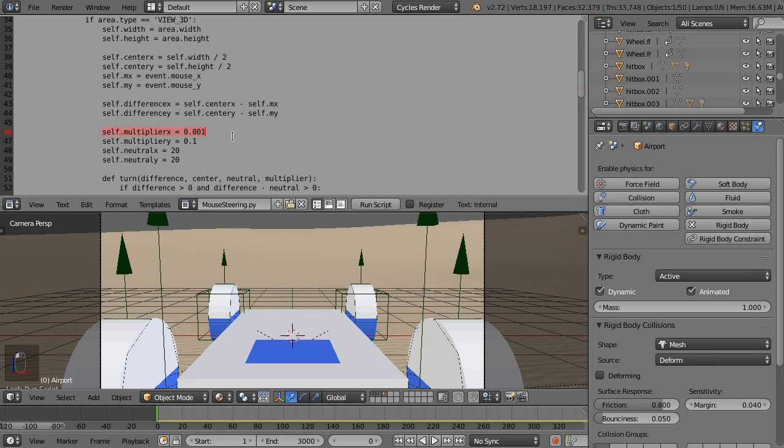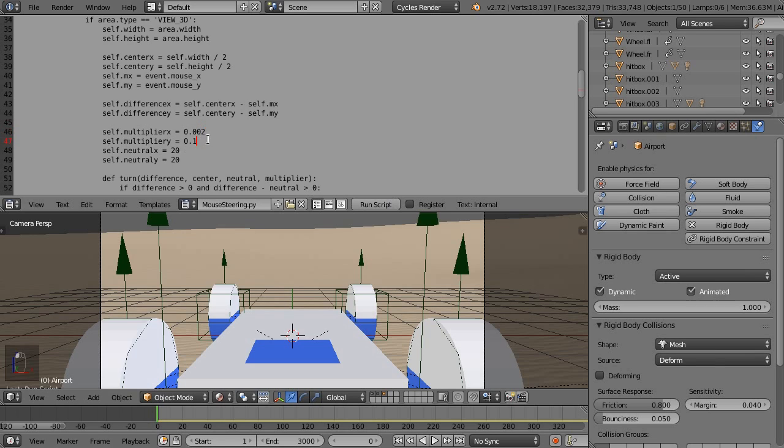We have set self multiplier X, and this is making the sensitivity of steering. If I add a bigger number, then steering will be more sensitive,